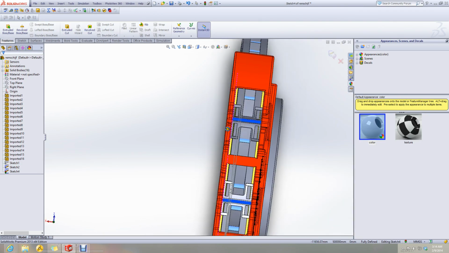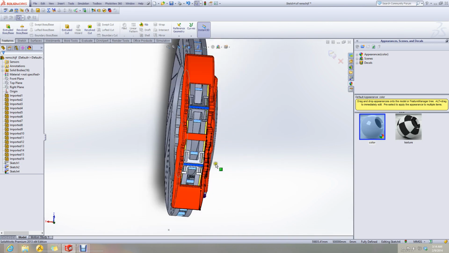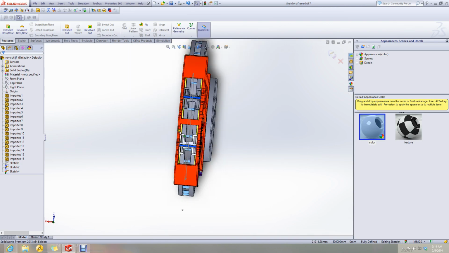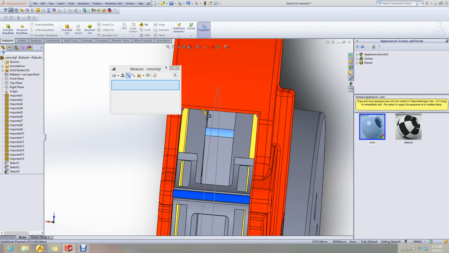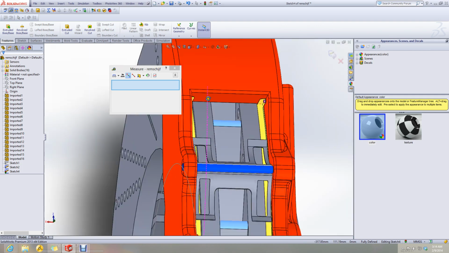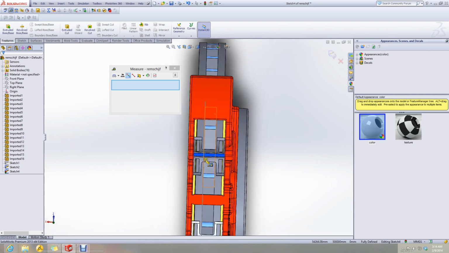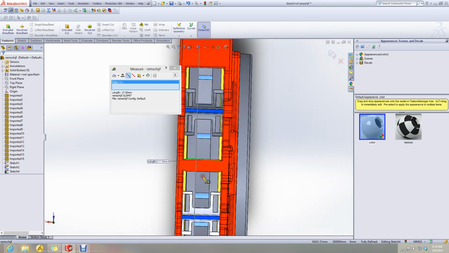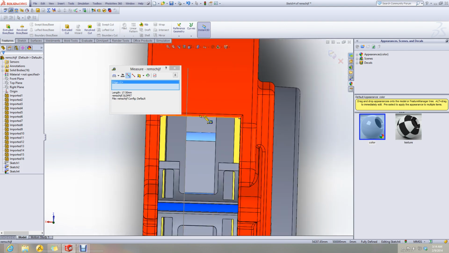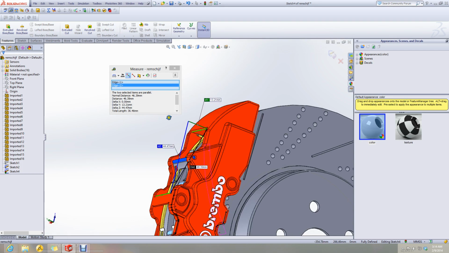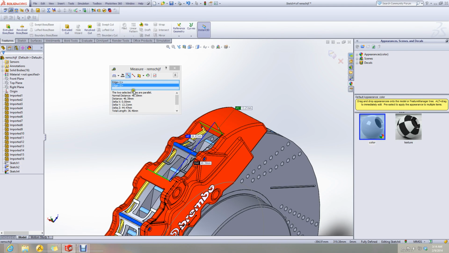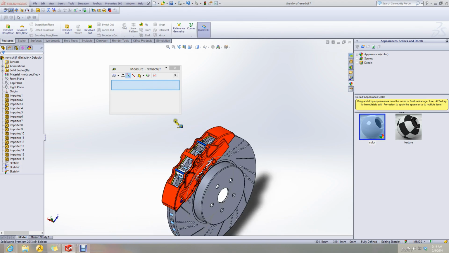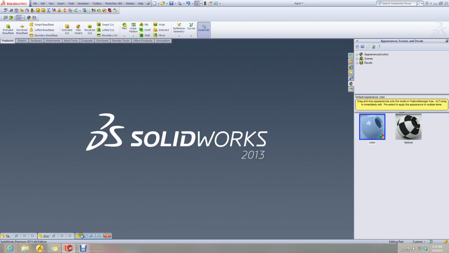From the top view, I have to cut it by 45 millimeters. Okay, let's do it.